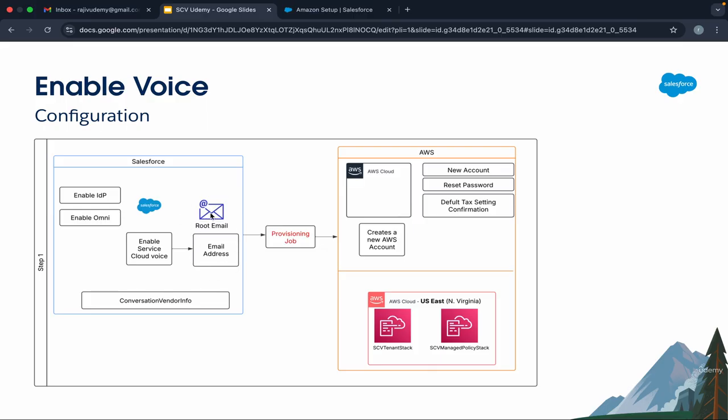This email is stored in an object in Salesforce called conversation vendor info. I'll tell you how to see this information as well. This is something important to understand how Salesforce maintains this information. And the moment you